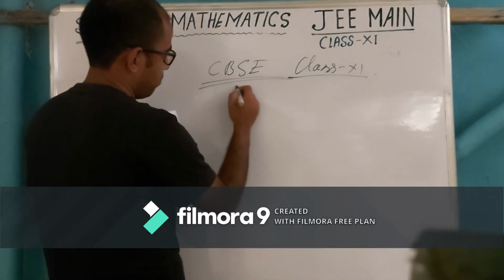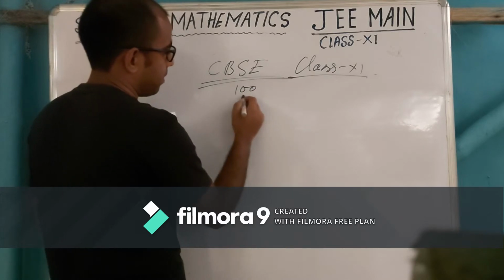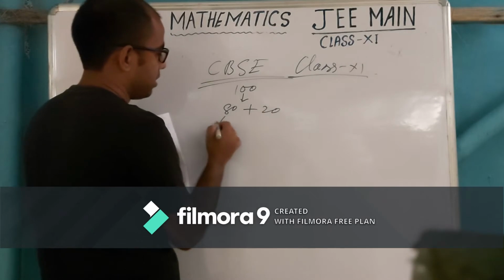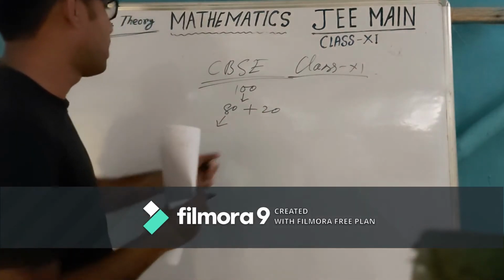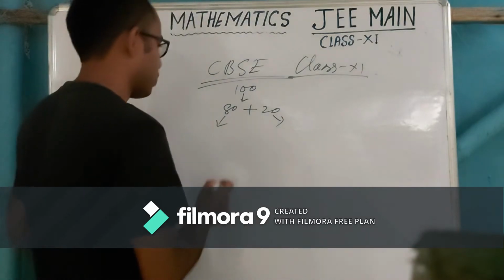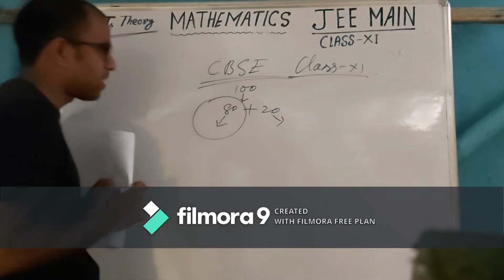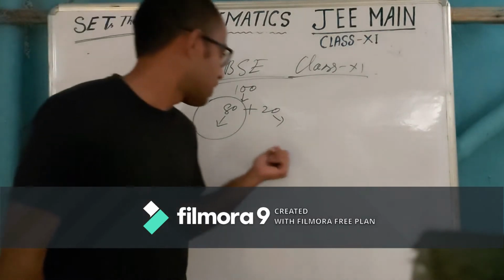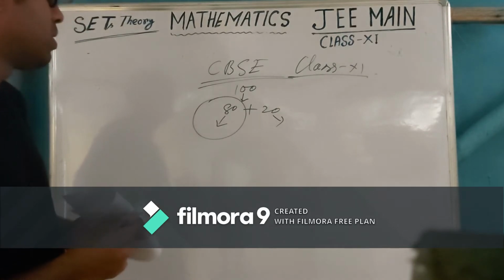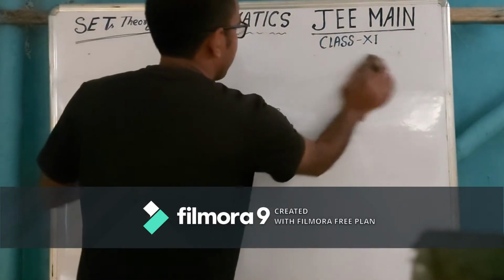contains a total of 100 marks, and this is divided into two parts, 80 plus 20. This is the theoretical part, and this is for project purposes. So we discuss this part. This part contains set theory, relation, functions, and many other mathematical chapters. So we discuss them later, and finally we say that